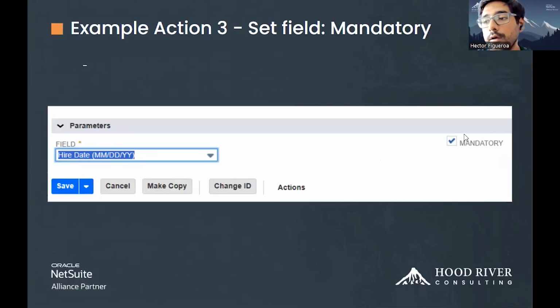Also, if I have a form in which the field is mandatory, I can come here in my workflow, and for a specific reason, if I do not want it to be mandatory 10% of the times that we go into that specific form, we can unmark the mandatory checkbox in the action, and that would bring the field into not mandatory, depending on what you want and the conditions that we have seen before that you can add into the workflow.